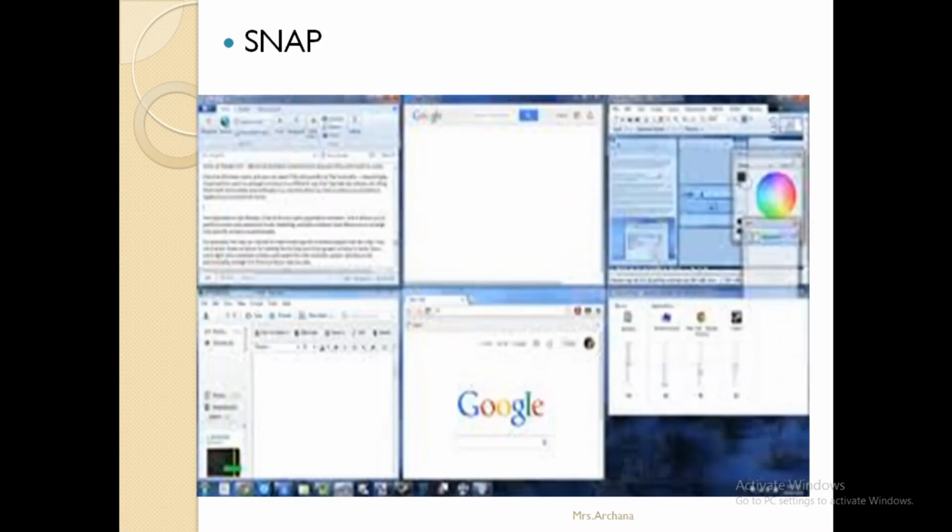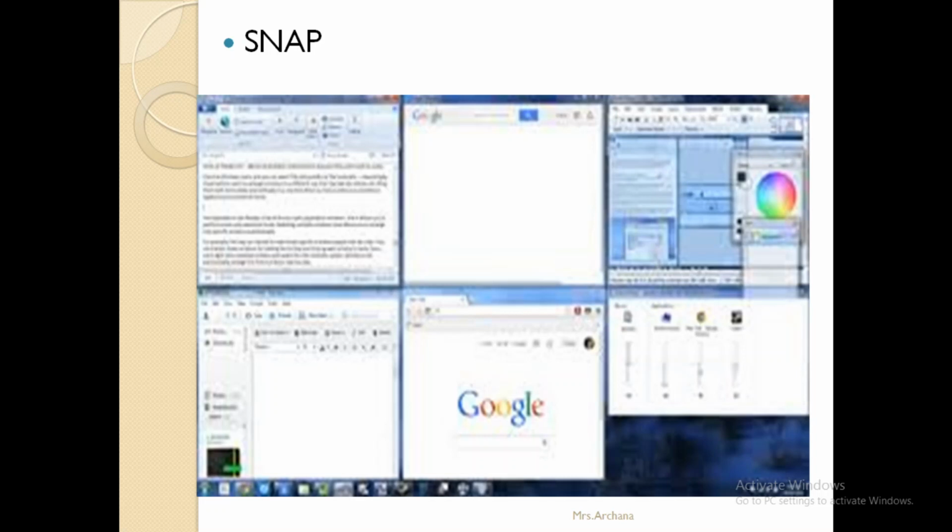Then next is snap. What is snap? Snap is a quick way to resize the open window. See, suppose we have opened a Google page in your Mozilla Firefox or your Internet Explorer. Then in full screen we are able to see only the Google page, but that we don't want. We want to see all the open pages.